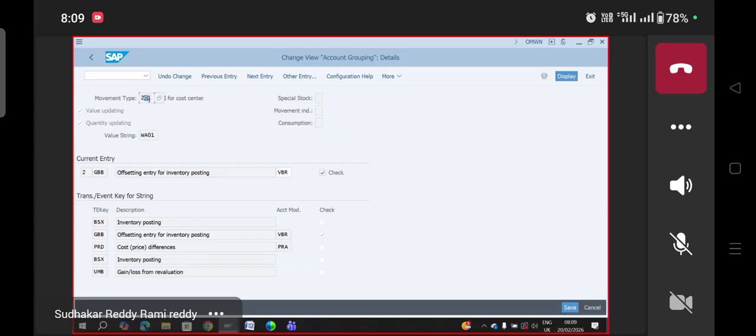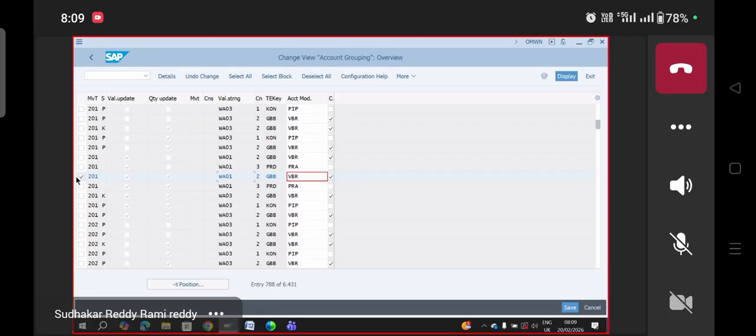Then I want one GL account for GBB for one movement type, and a different GL account for GBB for a different movement type, so you introduce the account modifier. Now for 201 movement type, GBB and the account modifier will trigger. For that combination, I'll assign GL account 4 lakh. But if my material is consumed in the subcontracting process, at a subcontractor, not internally, then